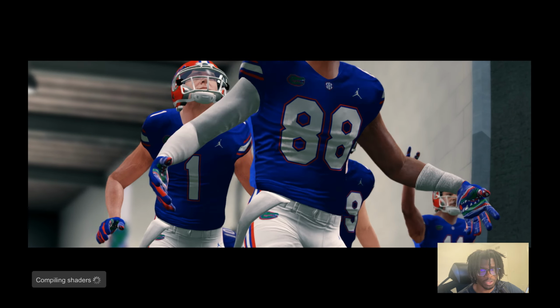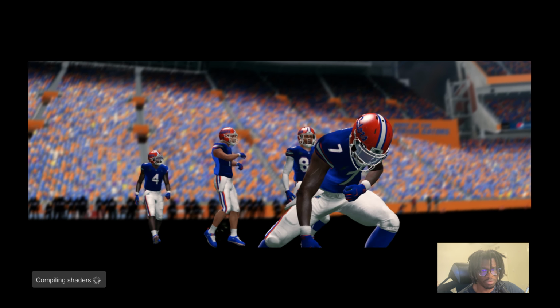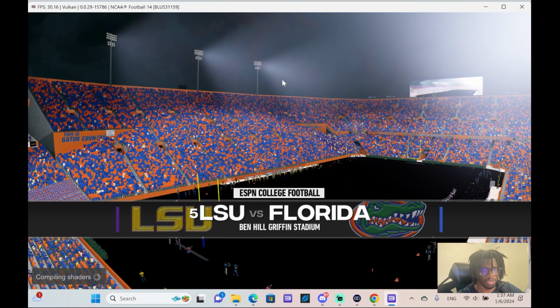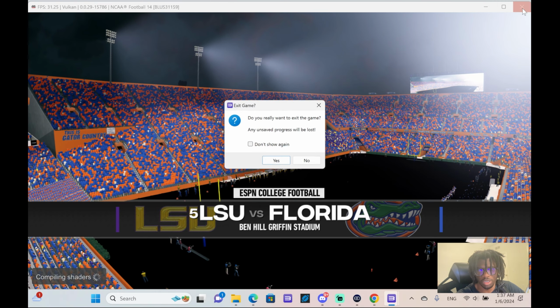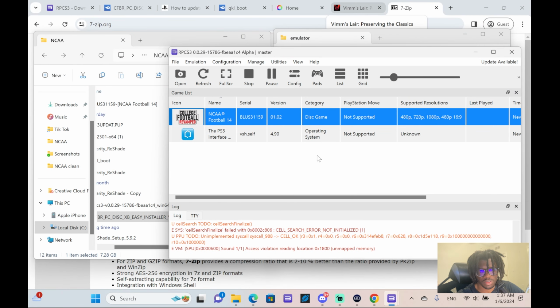But as y'all can see, like I said, I have a black field. Now watch when I exit the game. I'm going to exit the game and then add everything. So, we're going to exit. All right, now we are going to